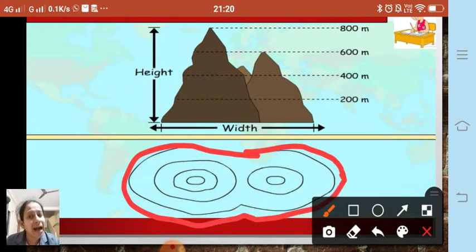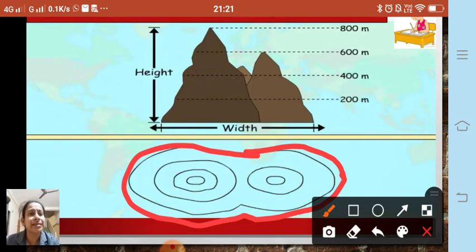So this is how it is drawn in the case of geographical maps to show the hills as well as the mountains, because from these contour line diagrams we get an idea of their height as well as of the expanse.